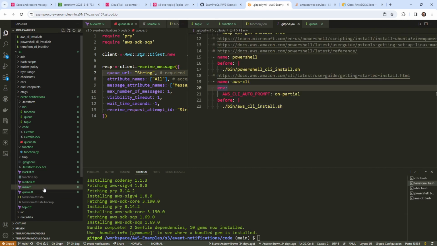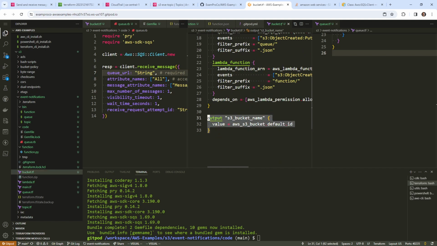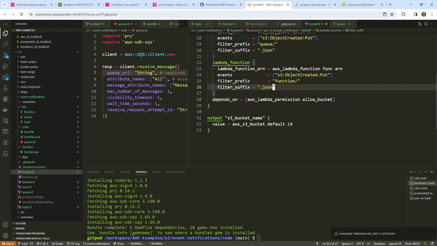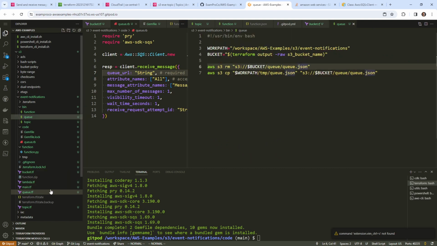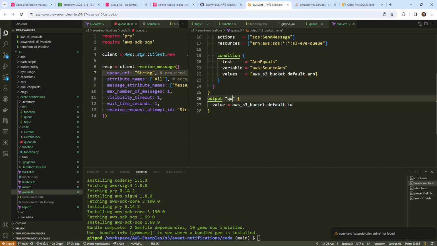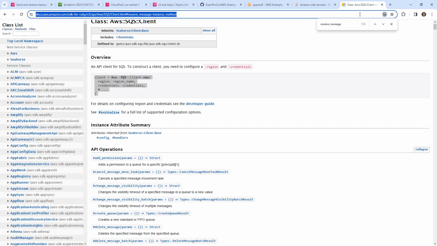So under our code here, we should have our queue. And then we can specify that output. I don't remember how to write the output, so I'll go here into the bucket and grab it from here. And we'll paste it in below. And then I'll just close that tab out so it's a little bit less messy. And we'll reopen the queue.tf. And in here, I want to get our queue URL, because I assume that we can get it from here. We'll have to go back over to the